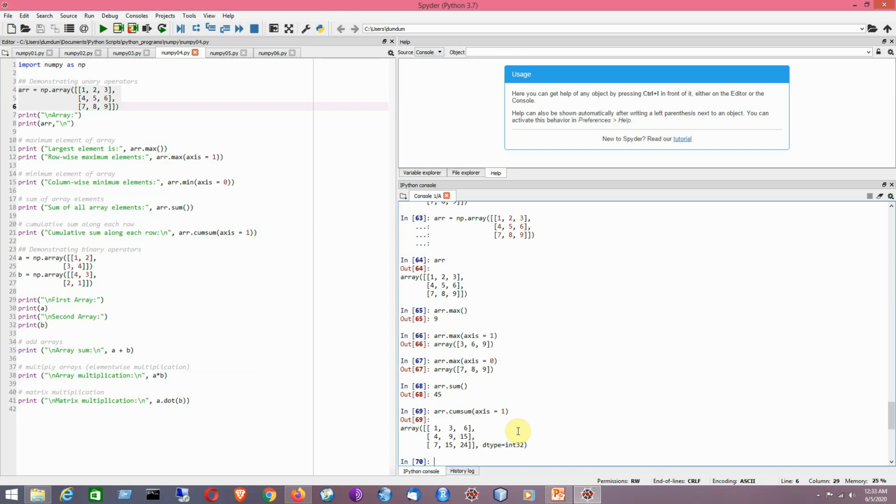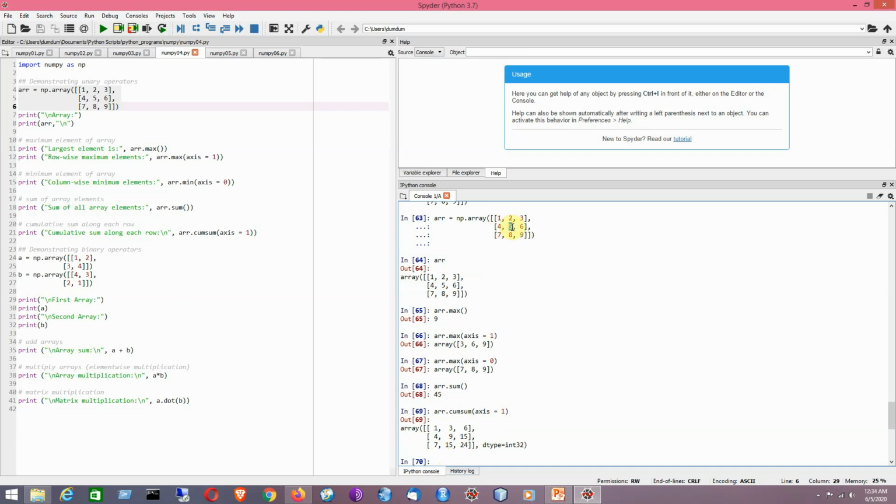So now I would like to explain it like it is the original array. So first element, 1 plus 2 3, so that shows the cumulative sum. So 1 plus 2 3, then 3 plus 3 6, so that is why it is 6. Now for the second row it is 4, so it is basically coming from this.